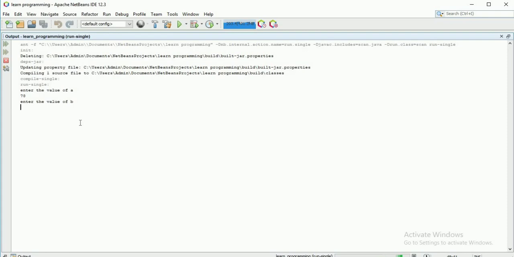When we give hi welcome, it will only print hi. It will not take the value after the space. Okay, when we press enter, value of a is 78, value of b is 89.6, value of c is hi. It will only take the value before the space, and the value after the space will not be taken.